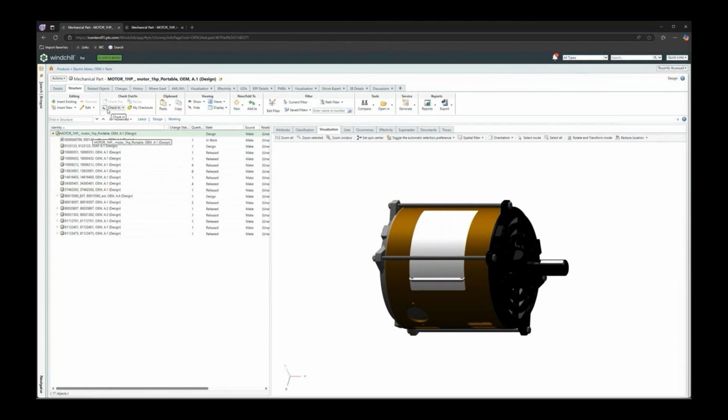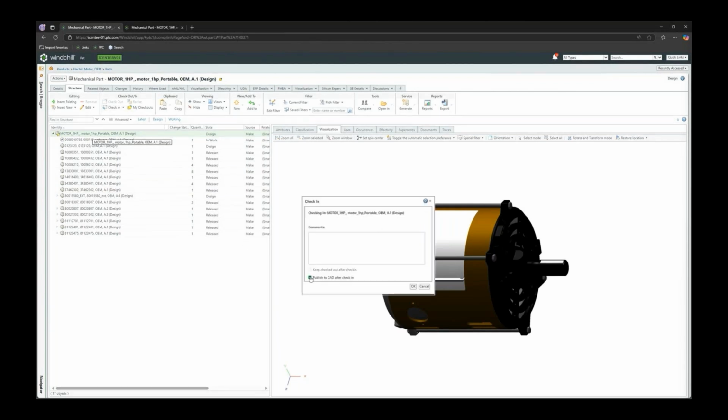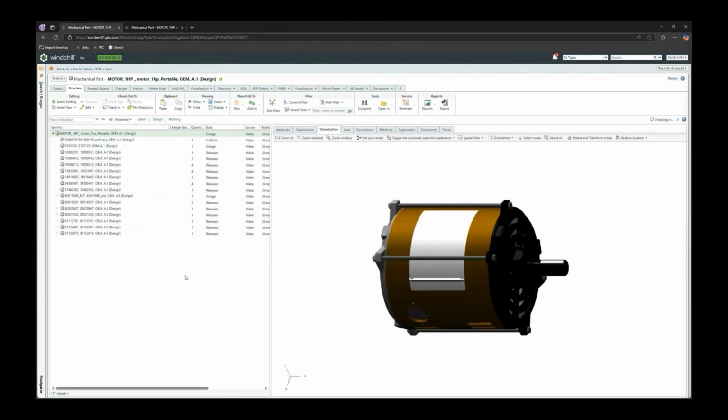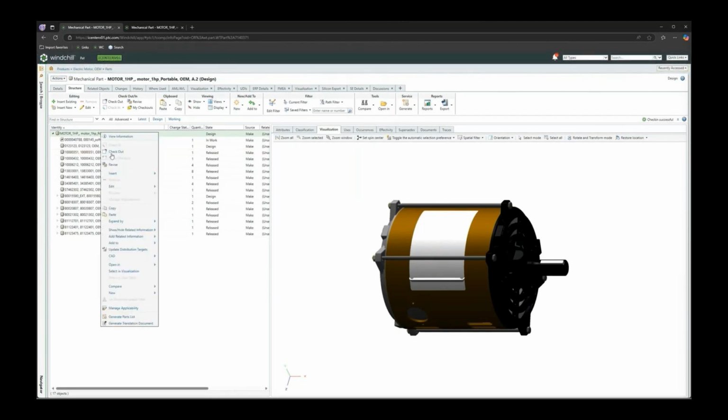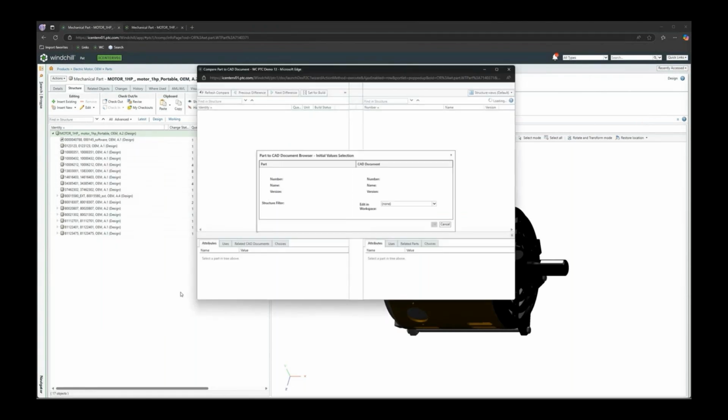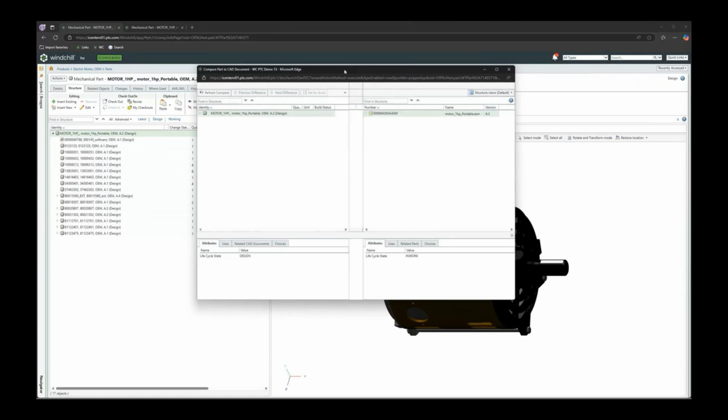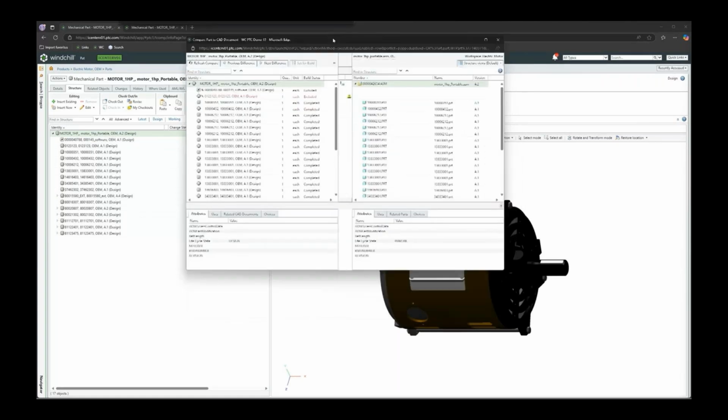Finally, then, we've made changes to this structure. So I'm going to check this back into Windchill to save those changes. And what I'm going to do now is compare this part structure to the CAD structure using the BOM comparison tool here. And what this is going to enable me to do is visually see where the differences are in